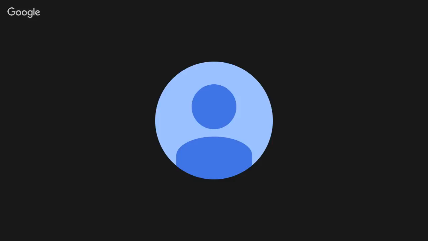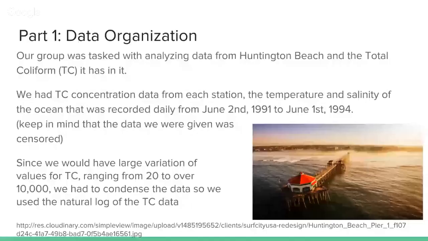So our group was given a lot of data for 3 years, from 1991 to 1994, and data was taken almost every day. Some of the data points were censored, and our measuring equipment only went down to 20 for the TC and up to 160 values above, but we really don't have any way of knowing. So the first part